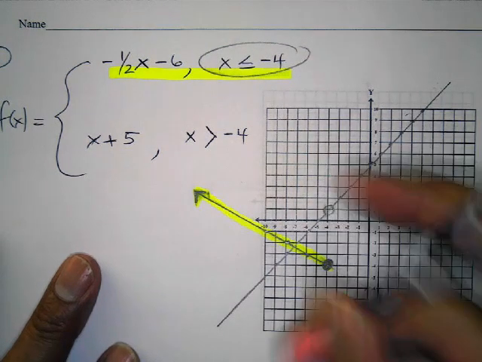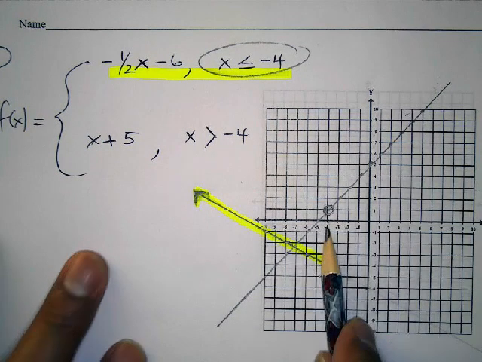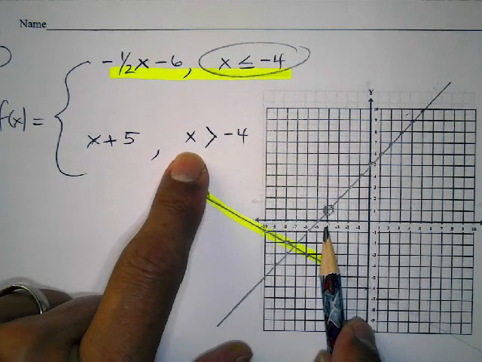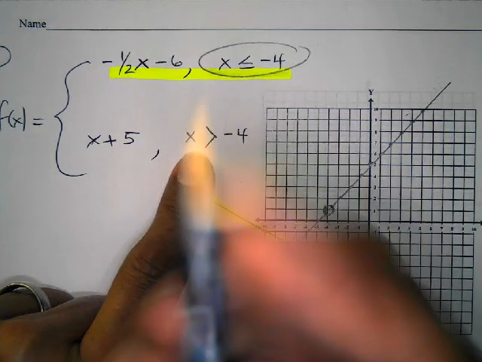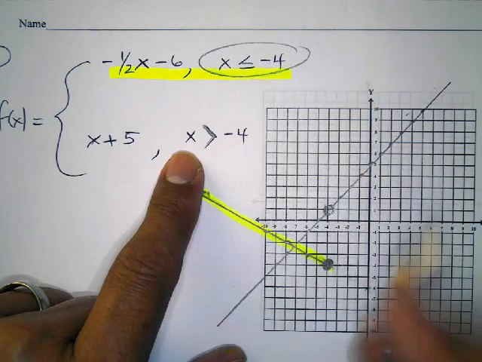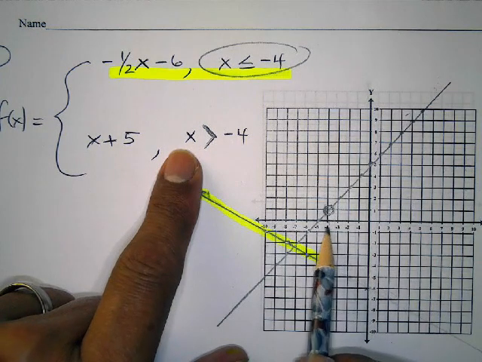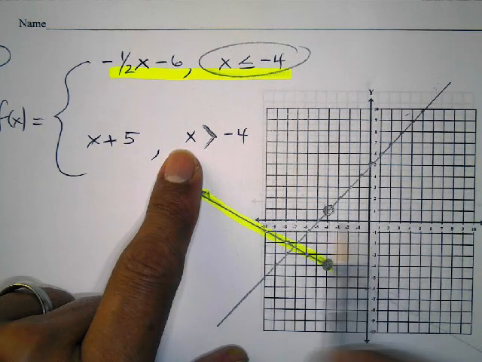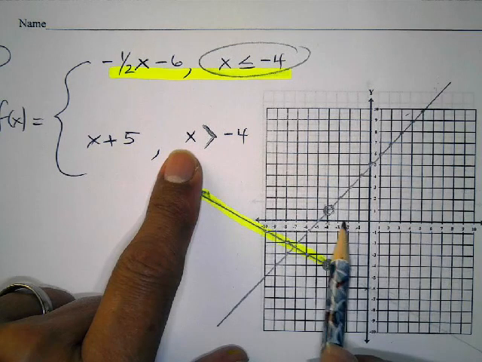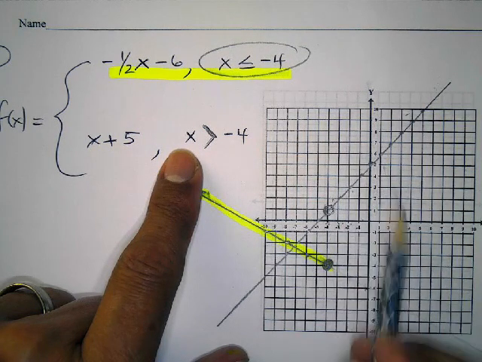It does not have the equal sign, so I'm going to leave an open circle here. And what does this say? At x equals -4, I want the values that are what? Well, if it's opening up to the x, that means that the x is greater. The values at -4 that are greater are on this side. Everything to the right is greater, right? At -4, -3, -2, and then